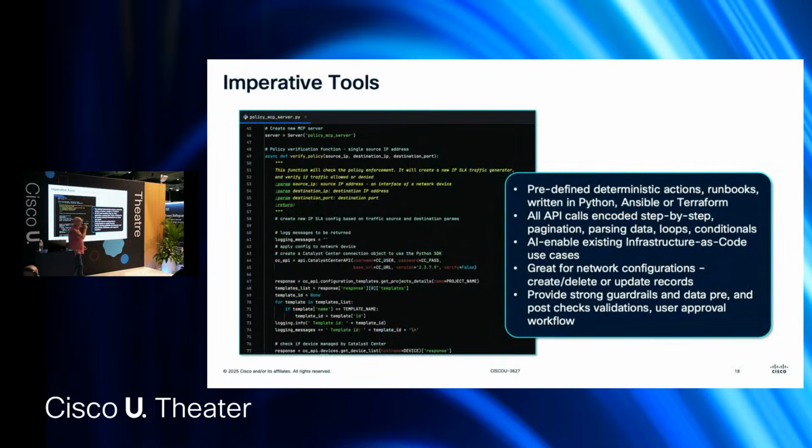Let's talk a bit about differences in tools. Imperative. This is something we are all very familiar with. In this case, for example, it's a policy verification. I'm going to get a token from Catalyst Center. It's written in Python SDK. I'm going to create some CLI templates. I'm going to deploy them to devices. I'm going to check if the deployment completed. I'm going to run some commands with command runner. I'm going to get the output. Step by step, I'm doing everything that I would need to implement that workflow.